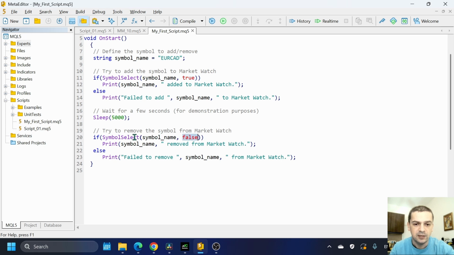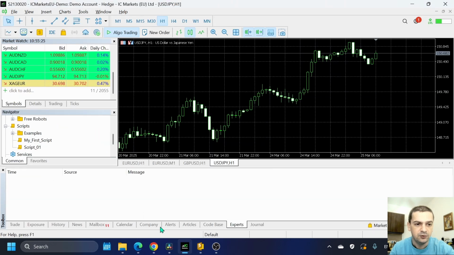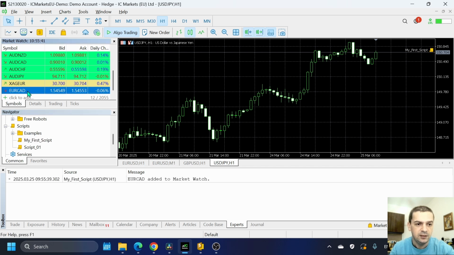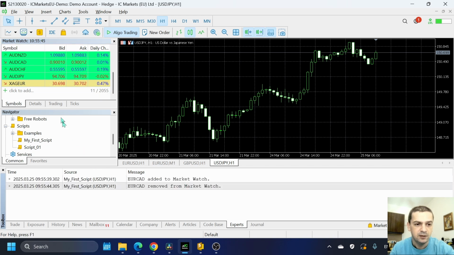inside the SymbolSelect function. Let me compile the code, and if I go to MetaTrader, I expect to see my Euro Canadian dollar symbol appearing here at the bottom of this symbol list, and after a sleep of 5 seconds it will be removed. So let me run this code. You can see that Euro Canadian was added here successfully, the print statement, and next it was removed from my MarketWatch. This is how to use the